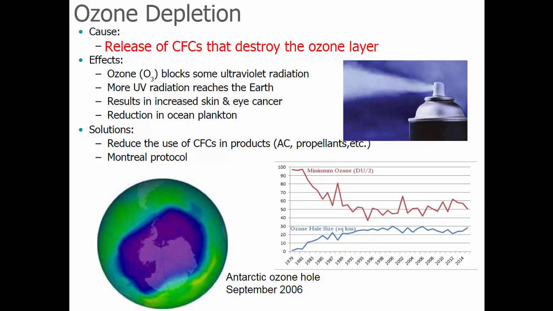What's happening to the size of the ozone hole in 1979 and onward at first? It's increasing. The hole is getting larger. But then what starts to happen? It starts to stabilize. And it stops growing. Same if we look at the minimum ozone. Again, ozone was dropping precipitously. But then we get around this point, and what's happening? Staying relatively stable. There's a reason for this: countries got together